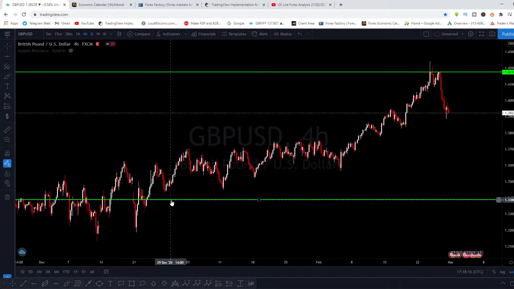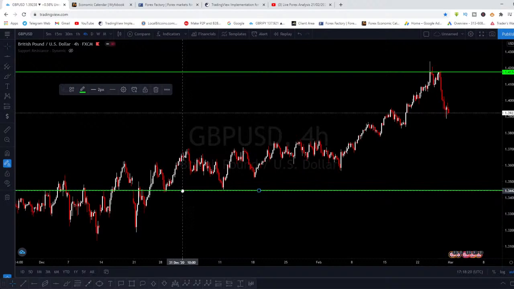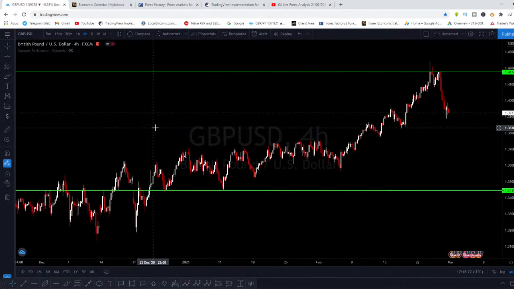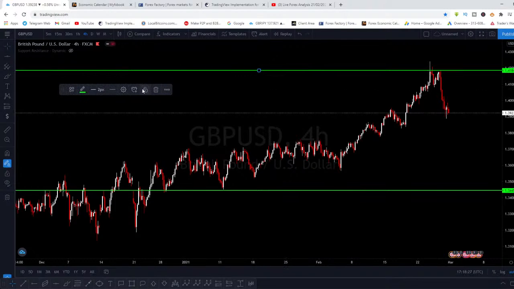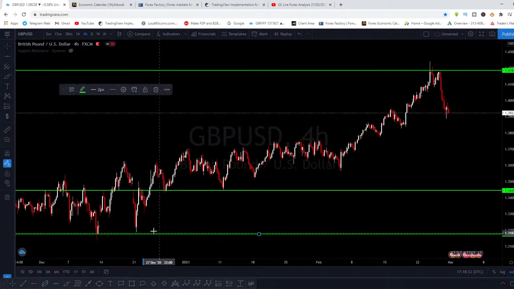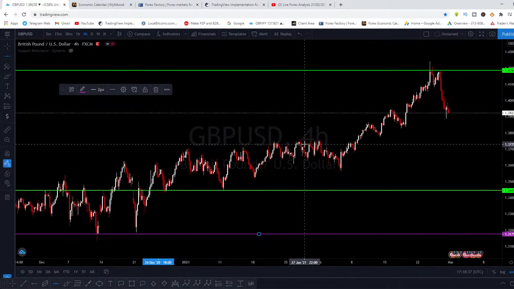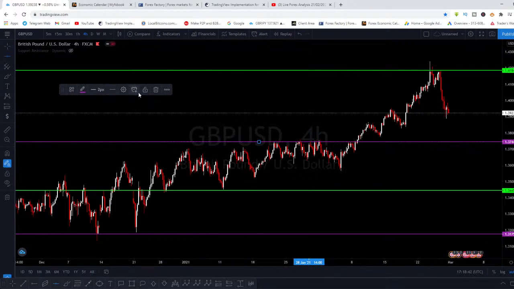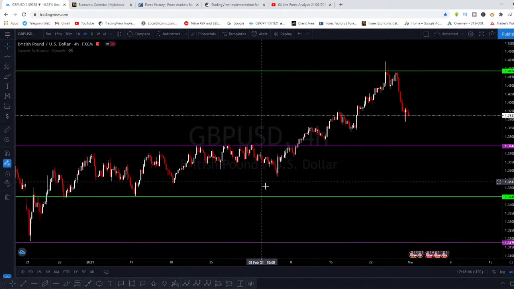So yeah, let's amend this to today's points. Remember, that's our daily time frame support. This is our daily time frame resistance. I'll pin that, I will just lock that, I don't want it to be moving up and down. So this is our 4 hour time frame support. This is our 4 hour time frame resistance around this area. So you are seeing how I'm combining all of these, right?